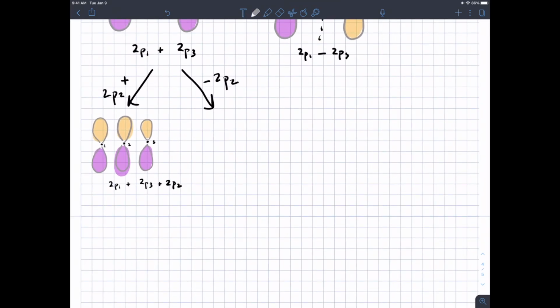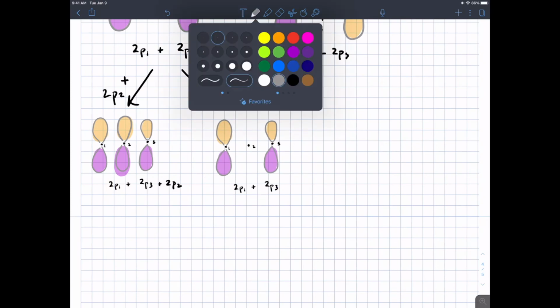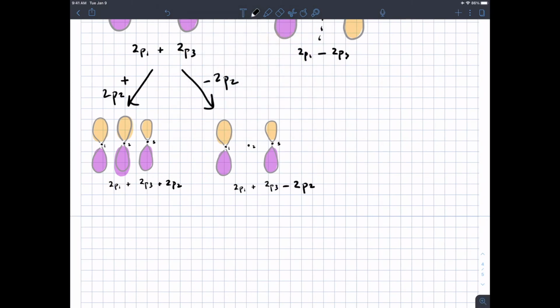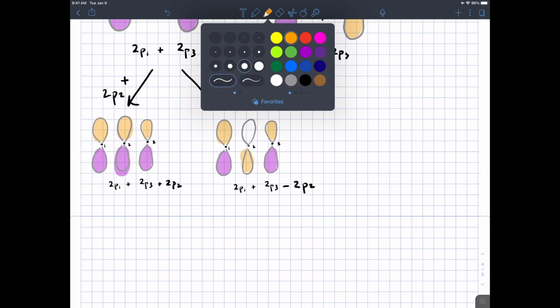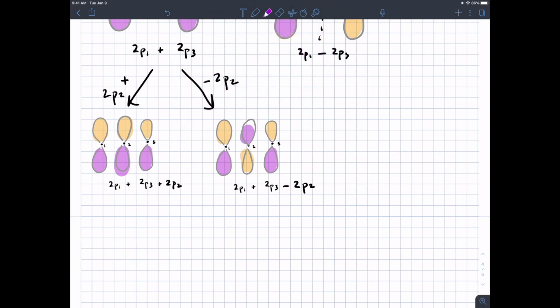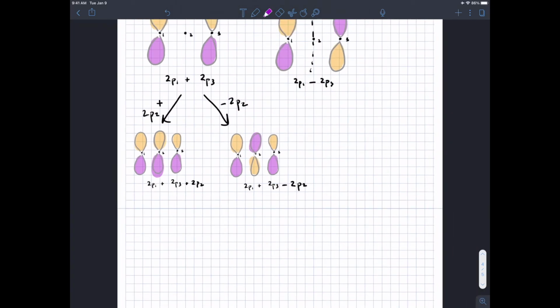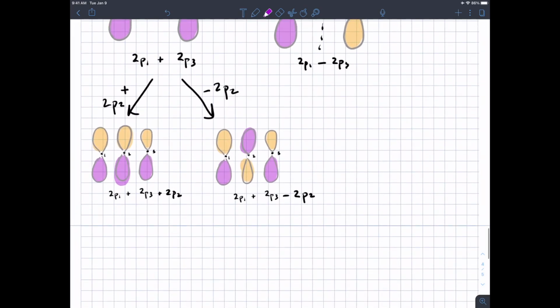Whereas if we use the subtraction combination, subtracting the 2p2 orbital, what's left is this. Looks like that. Both of these orbitals have a node in the plane of the sigma framework,